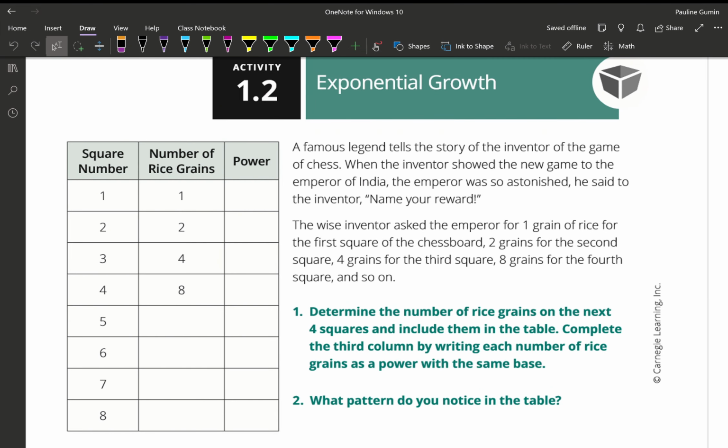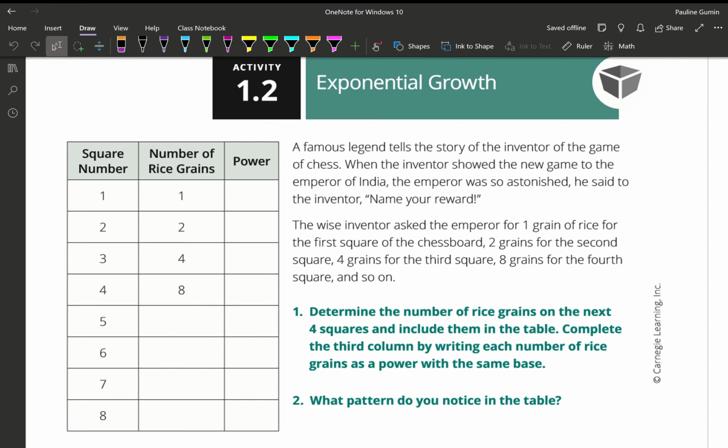A famous legend tells the story of the inventor of a game of chess. You should definitely know this game. When the inventor showed this new game to the Emperor of India, the Emperor was so astonished, so impressed, that he said to the inventor, "Name your reward. I will literally give you anything. You're awesome." And the very wise inventor, and we'll find out why he's so wise really soon, he said, "Well,